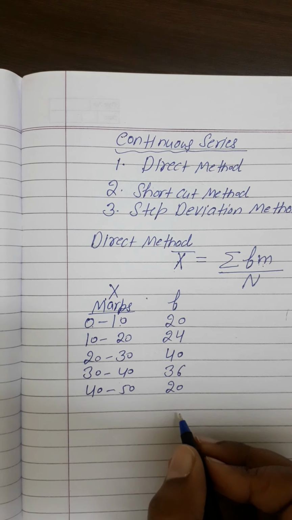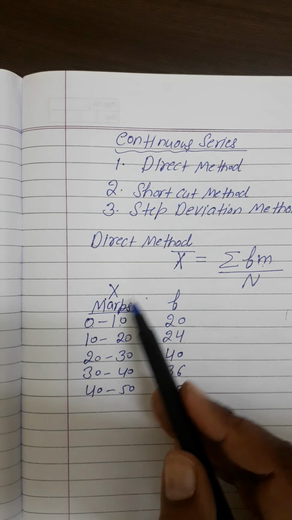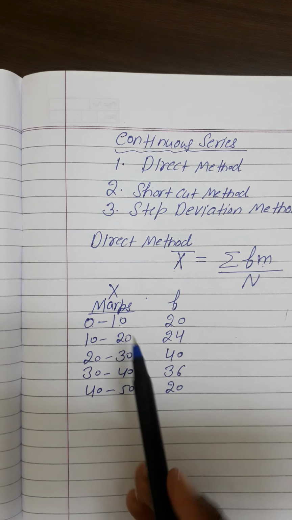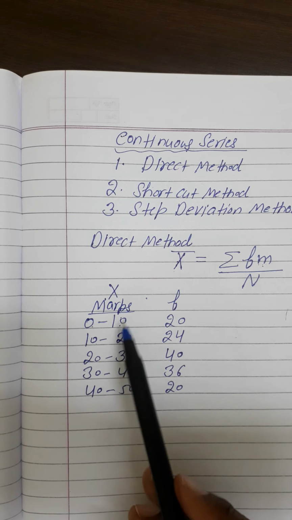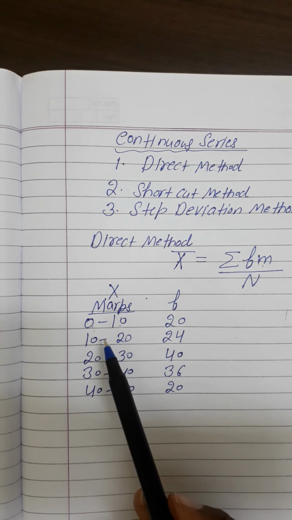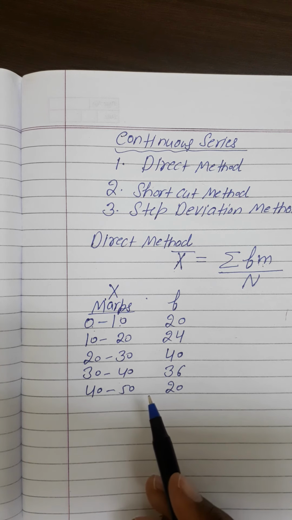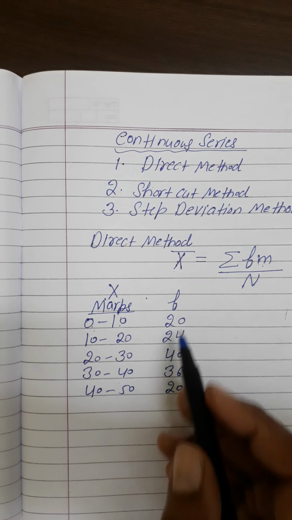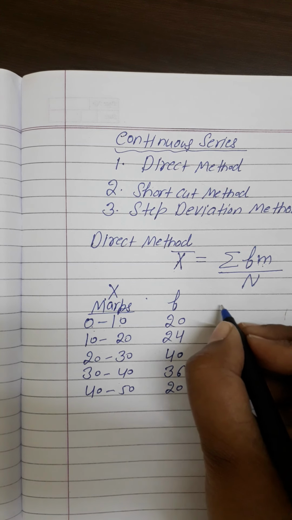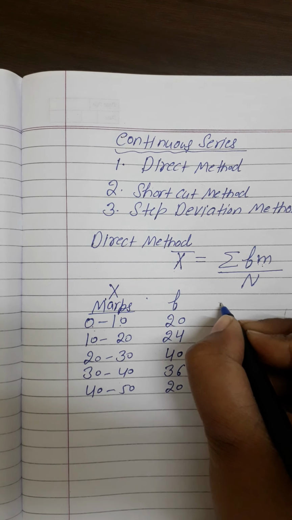These are the frequency. This type of series is called continuous series in which the value variable is given in interval. इसमें इनकी वैल्यू जो दी होती है x की, वो इंटरवल में दी होती है, और दैट कैन ऑल्सो बी इन फ्रैक्शन। फ्रीक्वेंसी दी होती है हमें। तो हम सबसे पहले मिड पॉइंट कैलकुलेट करेंगे.